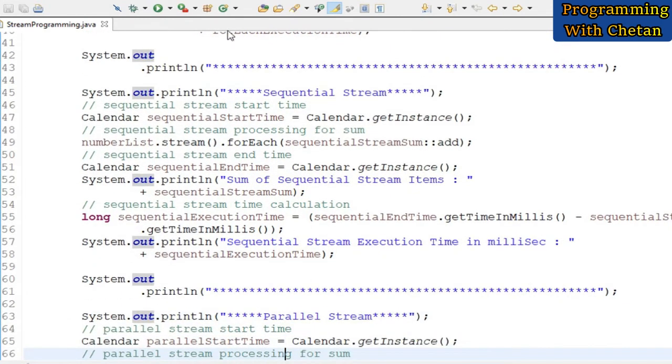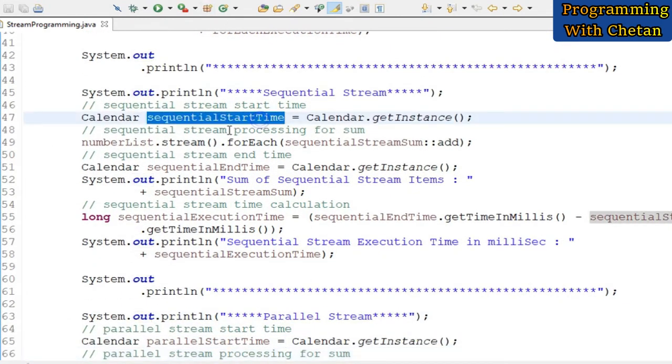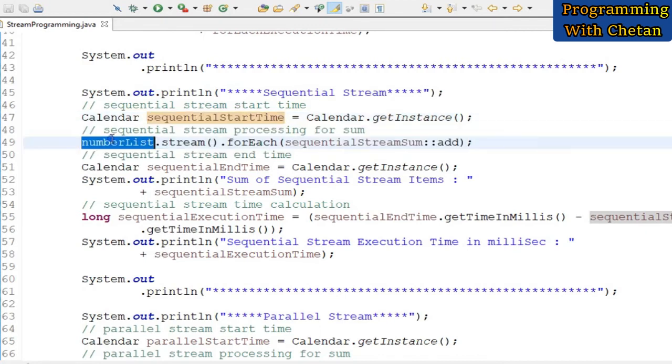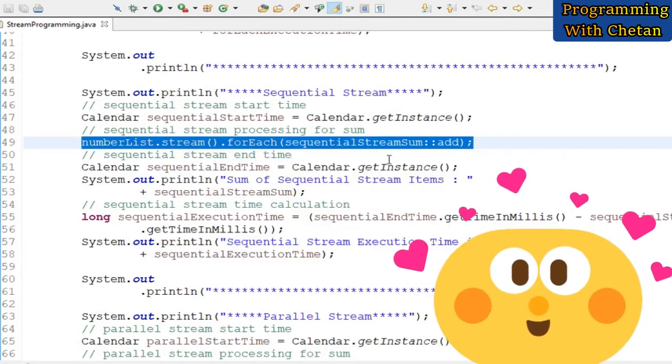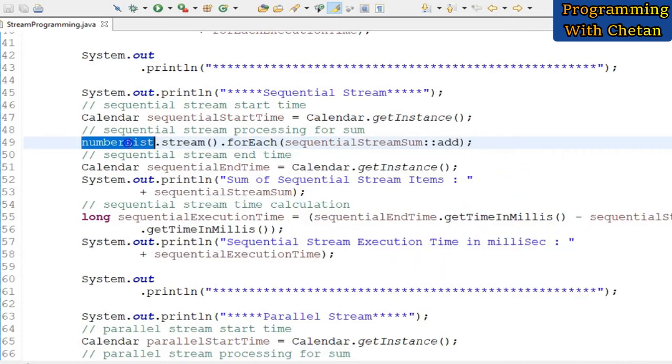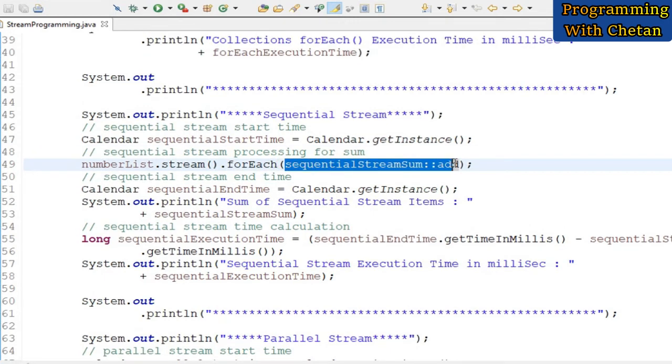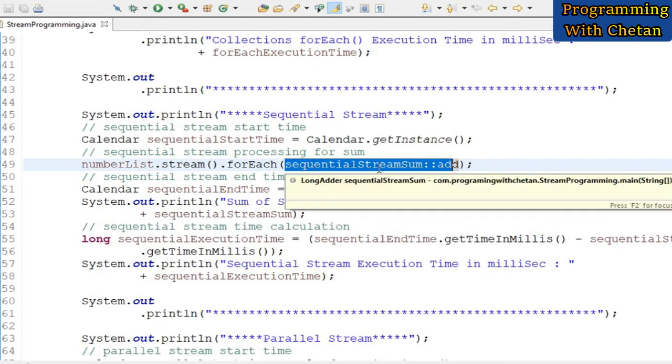Now let us discuss our sequential stream. Here I am first logging the start time before starting our iteration, and you can see that in this particular statement we are using a sequential stream to iterate over the list of 10 million items. This is my number list, and I have used the stream method to get a sequential stream. We are using a for each method to iterate through the sequential stream, and we are calculating the sum of each item by using a method reference.